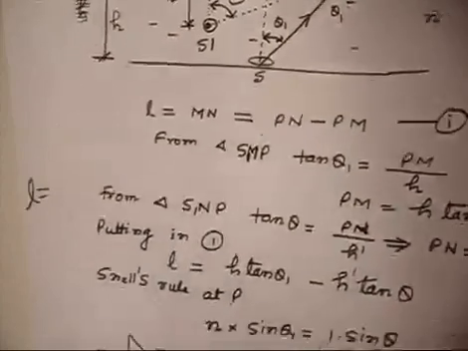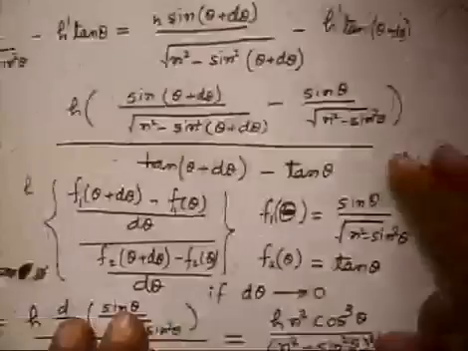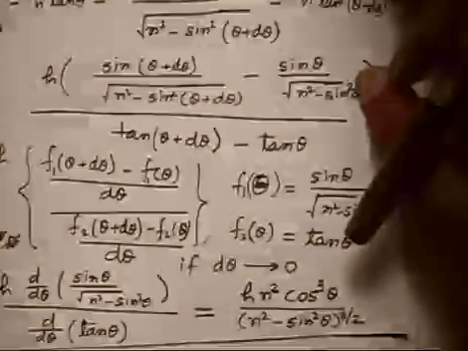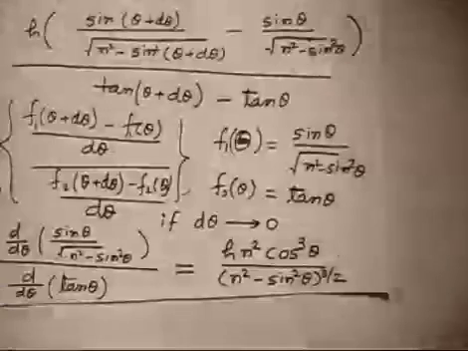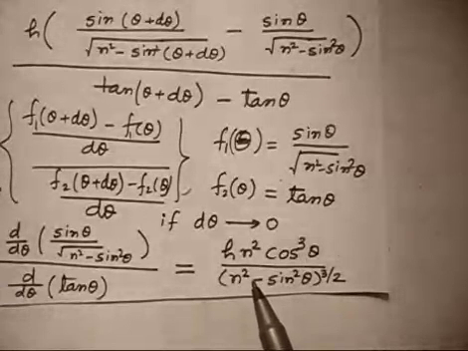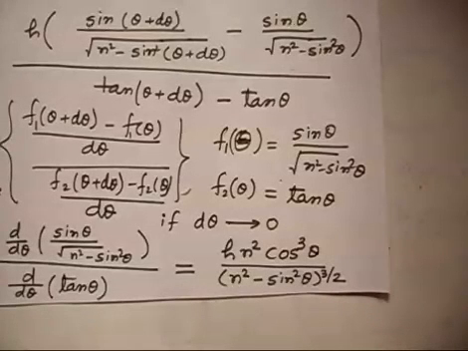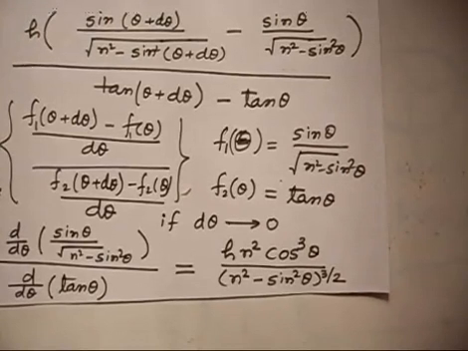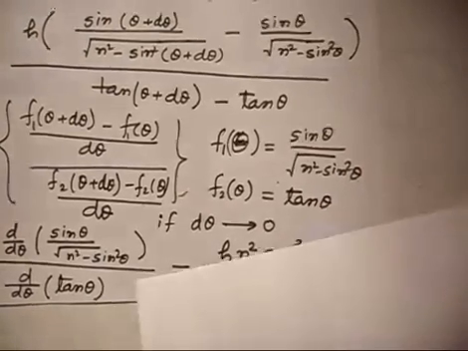In this case, now you can verify yourself. If theta becomes 0 degrees, what should you expect? So let us check. If theta becomes 0 degrees, this becomes 1, this becomes 0. So this becomes n to the power 3 by 2. So this becomes h by n simply. And that is the case, if you remember, for the apparent height shift if the angle of incidence is 0 degrees. If you remember the mu2 minus mu1 by r formula, let me write it on the next page. So let me take another page